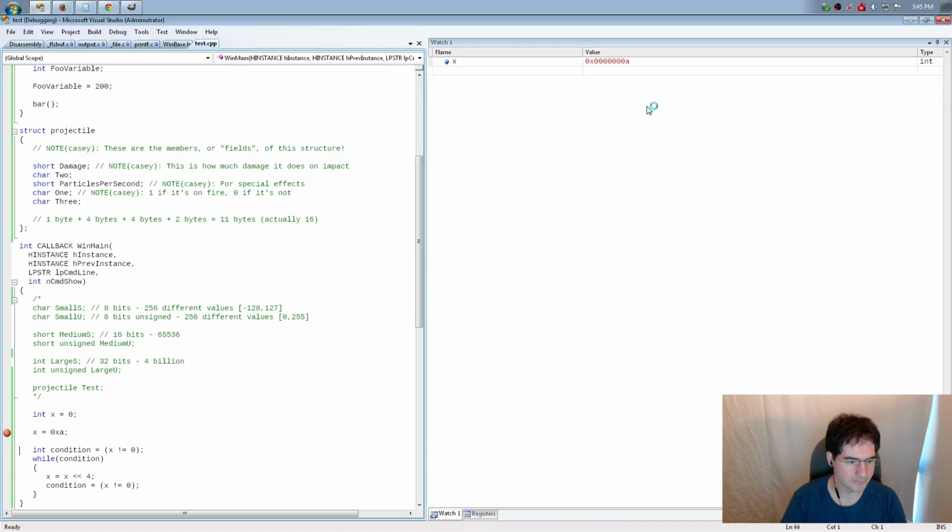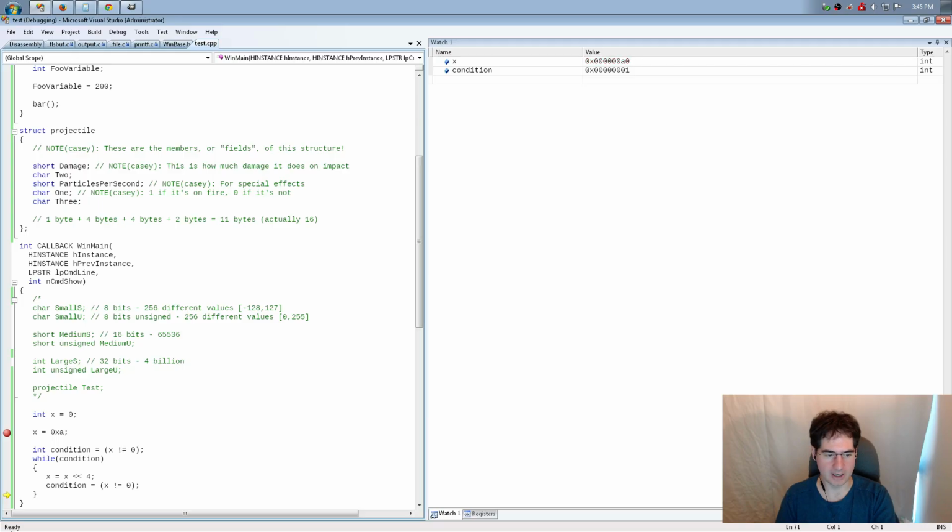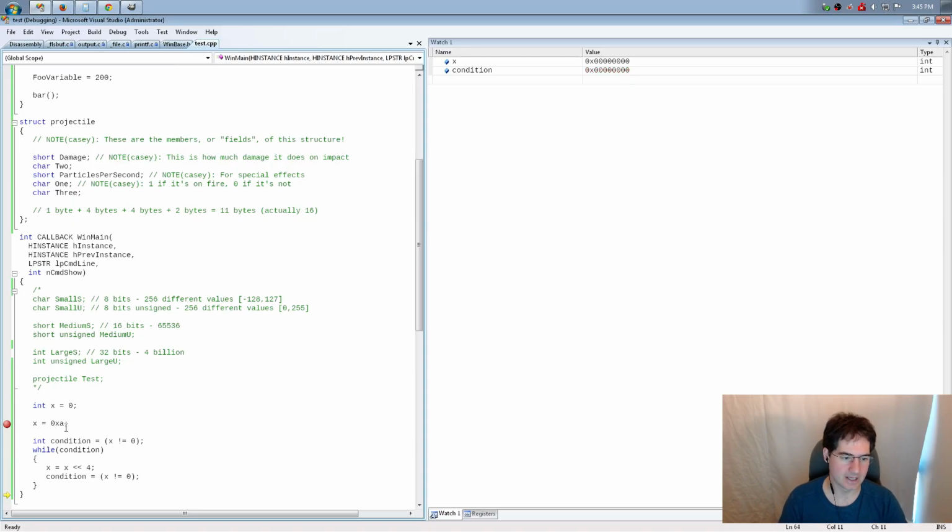You can see explicitly what's going on. Condition, I bring it up here, you can see is 1, because that is true. I go and I shift it up, and I reset condition. It's still true, still true, still true as we shift. And then finally, this time through, I shift and it becomes 0, and now condition becomes 0, and I'm out, right? Loops are incredibly simple. That's all they are.